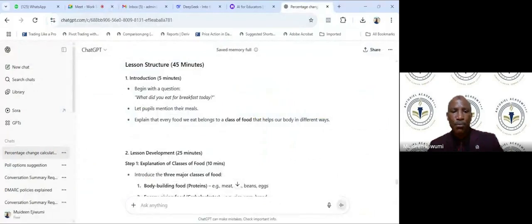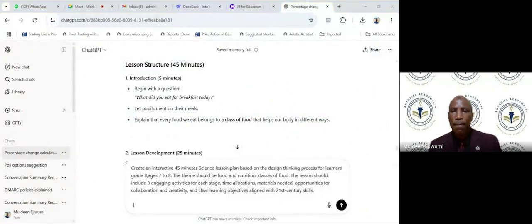This is another prompt here. Create an interactive 45-minute science lesson plan based on the design thinking process of learners. Grade 3, age 7 to 8. The theme should be food and nutrition. Classes of food.